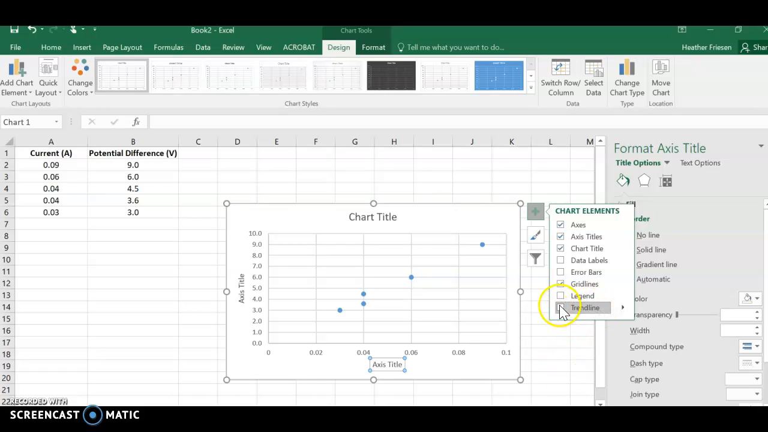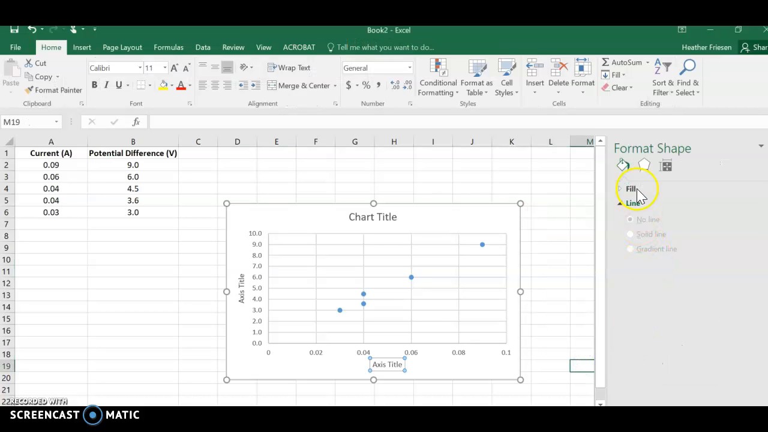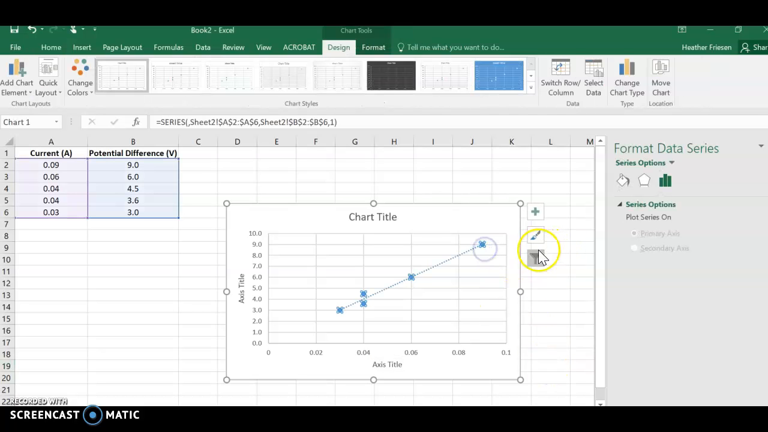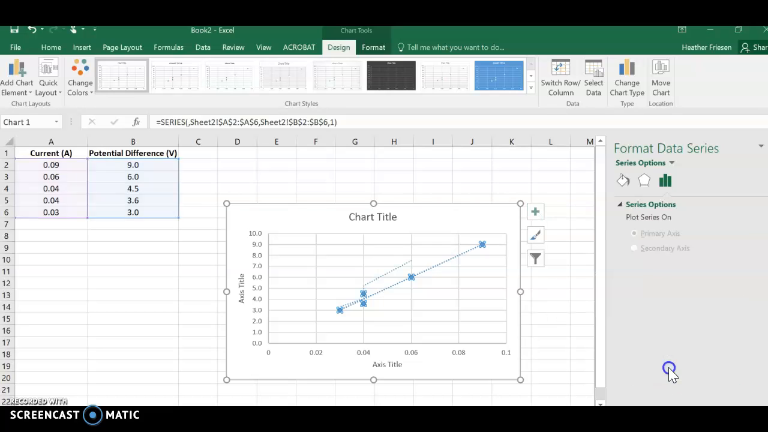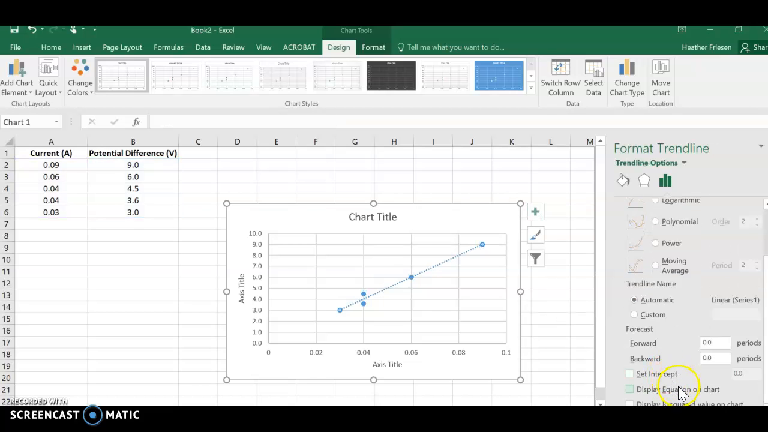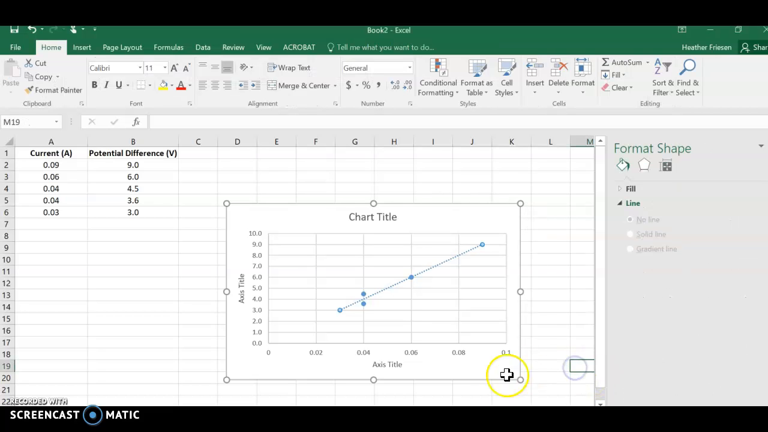So remember, not a coloring book line, but a line that shows the linear relationship that we are trying to determine. And we want to just make sure that it is set on linear. The other piece of information that we need is the equation of the line. So we want to find down here under display equation on chart, we want to display the equation of the line